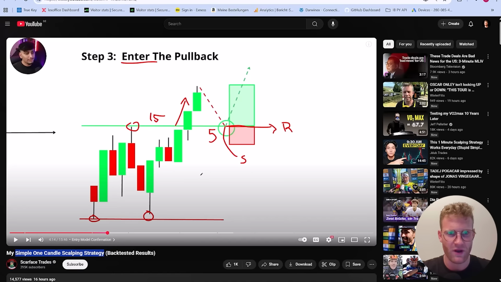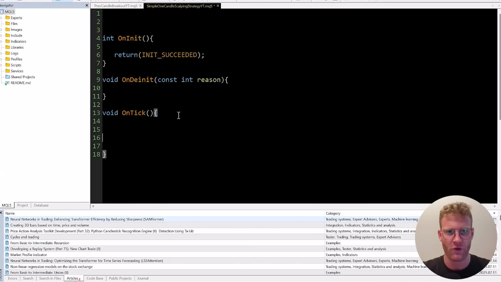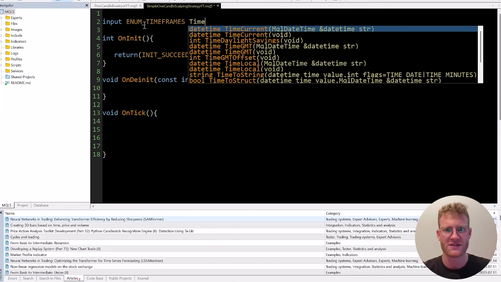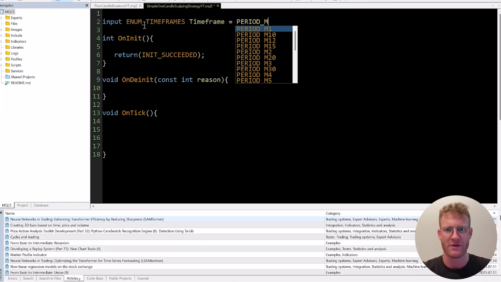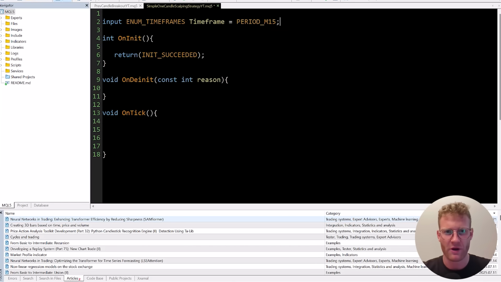So first of all, I said we kind of want to find the first candle after the open of the US markets. So we can go to the OnTick function, I would say. And what we want to do here is I kind of want to do this based on pretty much whatever time frame we choose. So we can create an input for this. Let's say time frame, and let's say period M15, for example,